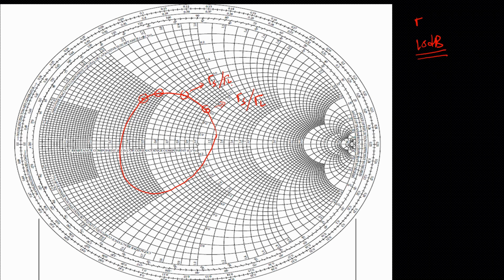And if I design my circuit with those gamma S or gamma L, and they can guarantee that I'll get a 10 dB of gain, then our work will be simple. Let me tell it again. Suppose we have some mechanism by which, from our specified gain, I can draw one circle in my Smith chart, and each point of my circle gives some value of gamma S for the input part and some value of gamma L for the output part,